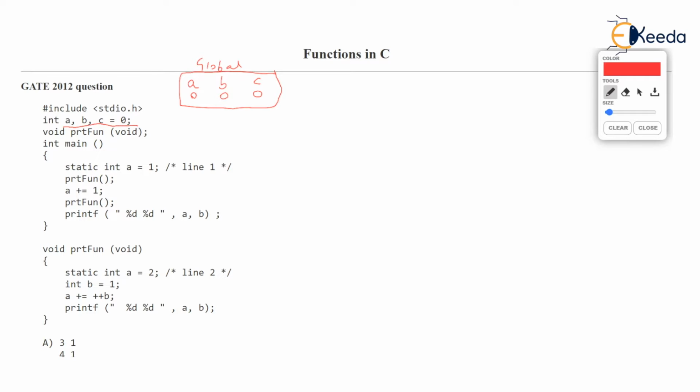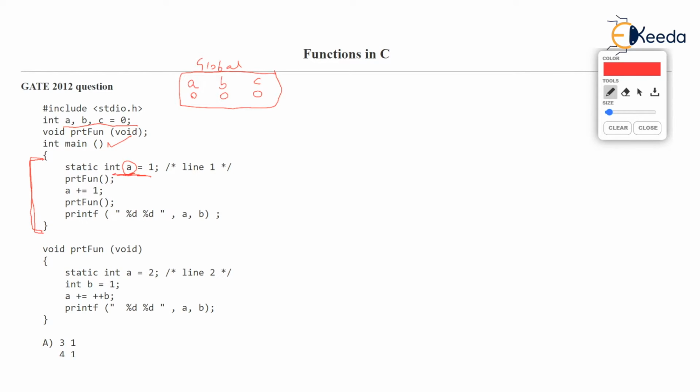In main, there is static int a equal to 1. Now listen, this a, which is declared in the braces of main, remember the fundamentals of static, is local to main. So this a is local to the main function. It cannot be used anywhere else except in main. But the point is that it stays in the memory as long as main is running.